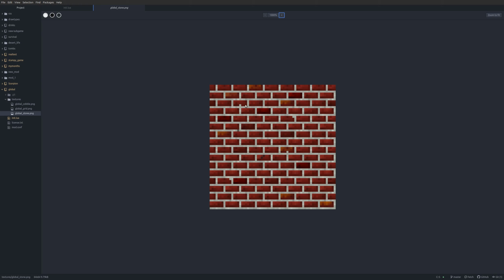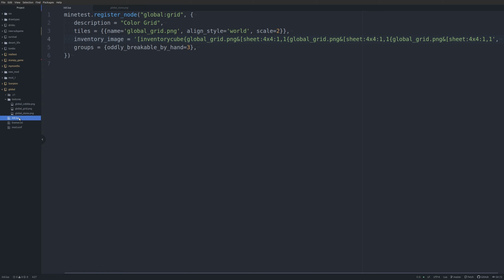There we go, chunk missing out of the bottom, etc. So we're just creating an inventory cube, and then after we do this inventory cube, we are defining the texture, global grid PNG, and then we are doing this sheet command, which essentially is saying take this image,